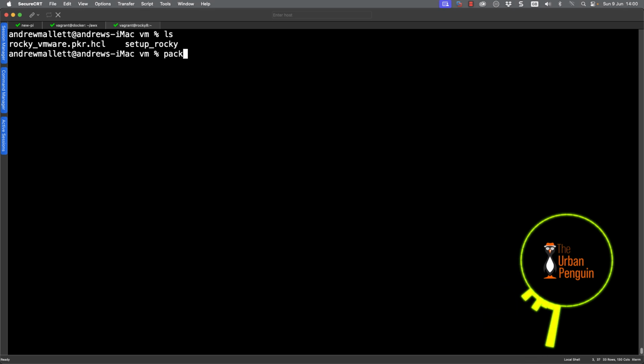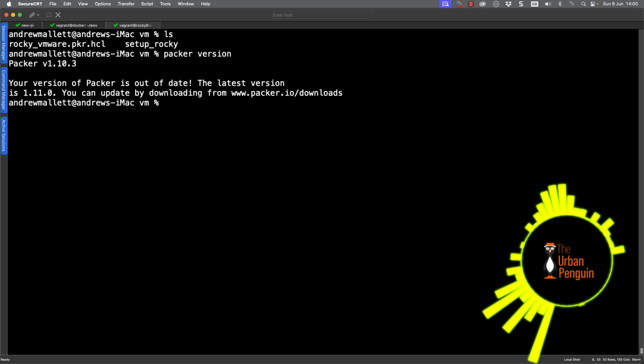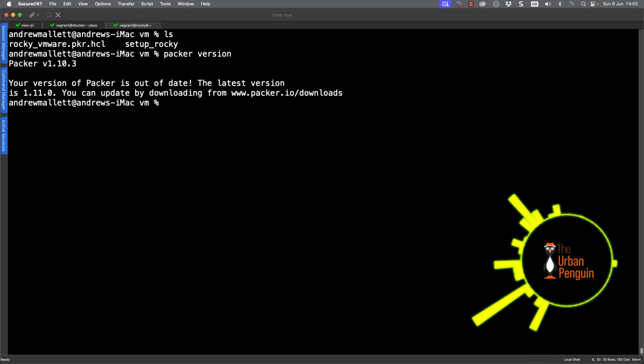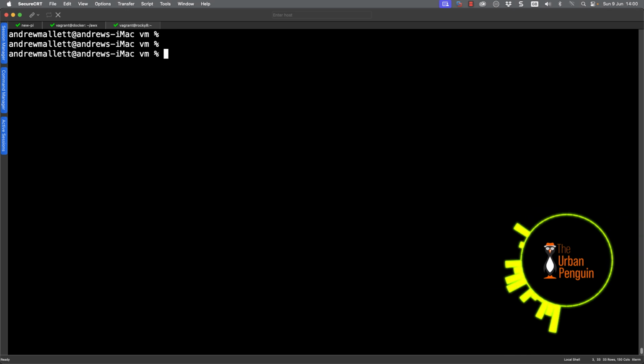So that's moving back now to our command line. And the first thing we can go through and do is just check you've got Packer up and running. So running something like packer version is going to show you, well, obviously the version, but it's proving Packer is working on your system. Now you see there is a later version available, but I'm happy with the version that I've got, so I'm going to stick with it.